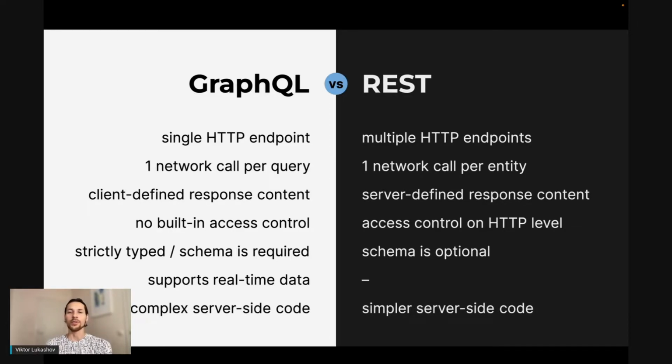And all that boils down to, in my opinion, that when you build a GraphQL API, your server-side code, the implementation of that API, would tend to be more complex compared to building a REST API. And that's because GraphQL has more features that you as an API developer would need to think about.